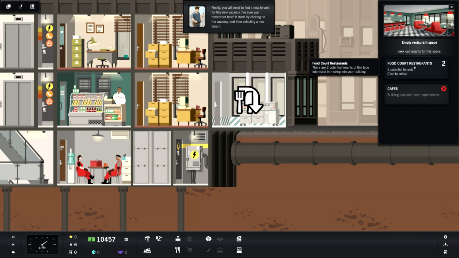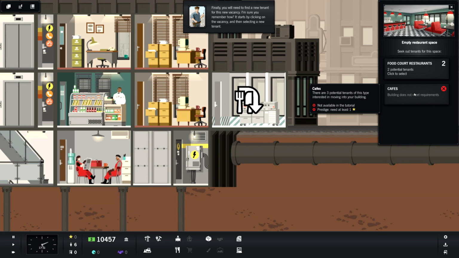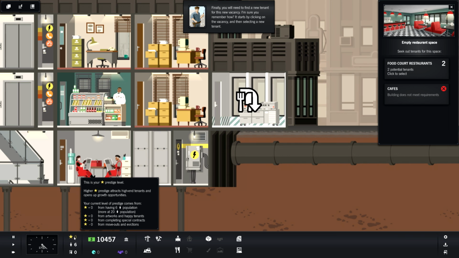And we've got the food courts. We currently don't have cafes. And again, we'll get into this later, but you can see when I hover it, it says prestige needed at least 1 star. So if I look down here, you can see I have 0 stars. So we earn the stars, the prestige, by doing, I guess, different things. So you can see